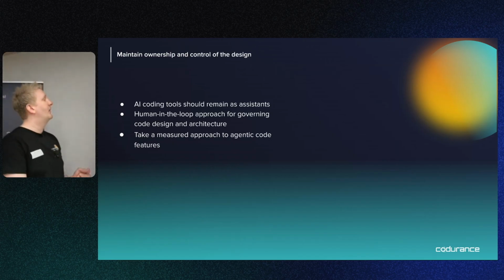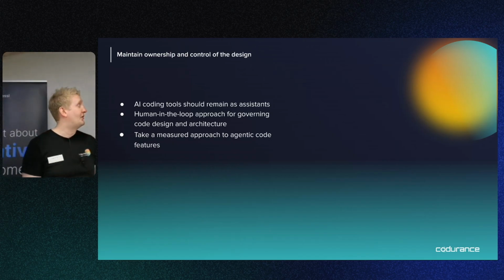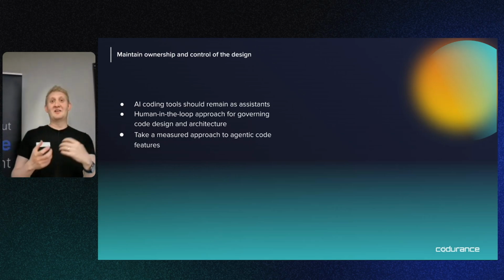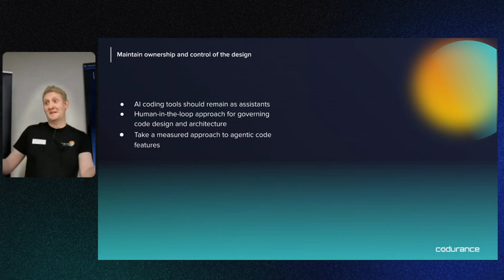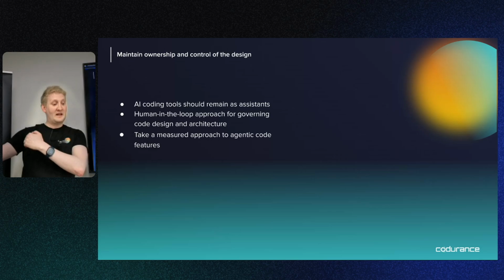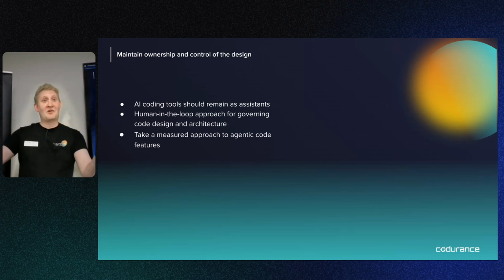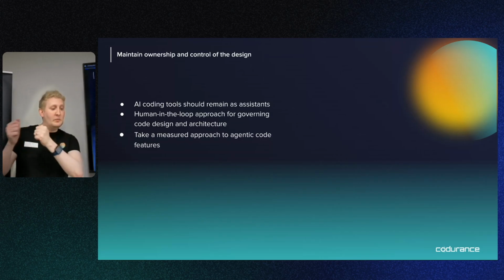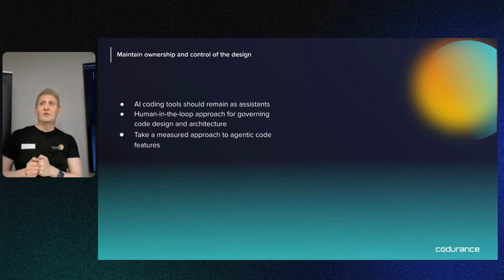The first one is maintaining ownership and control of the design. The name of these tools is AI code assistants, right? So it's important that they remain as assistants and they don't take control of the code. So you really think it's important to have that human in the loop approach for how we use these tools. I think particularly if you're using agentic modes in Cursor or Copilot, it's all too easy to